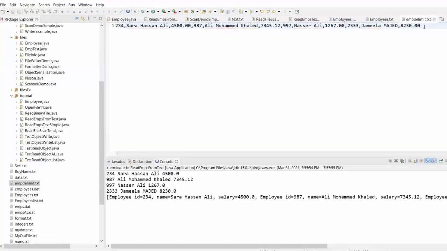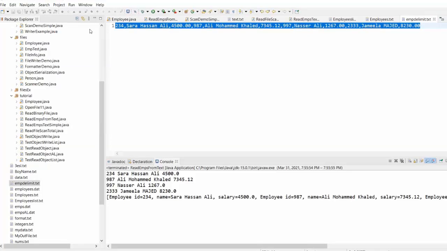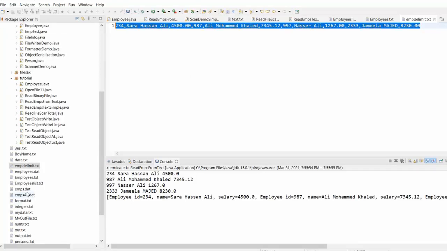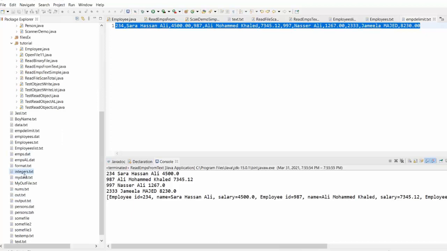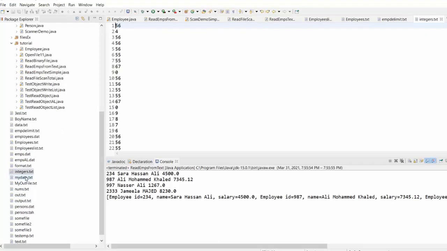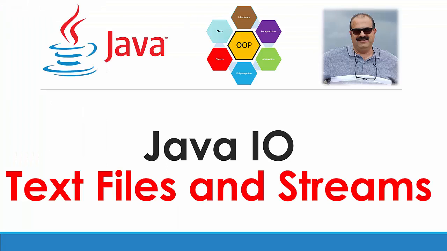But guys, this is not the end of the world, this is not the top technology. You need to know how to read text files, but when you store data, this is not really how we store data using text files. So now I showed you how to use reader and writer. I showed you how to read data from text files into objects, how to write data formatted, how to read data from text files using a delimiter, and how to read integers and those things and to make mathematical calculations when we did the total and sum and average. Does that make sense, guys? These are the text parts, the things that I want to